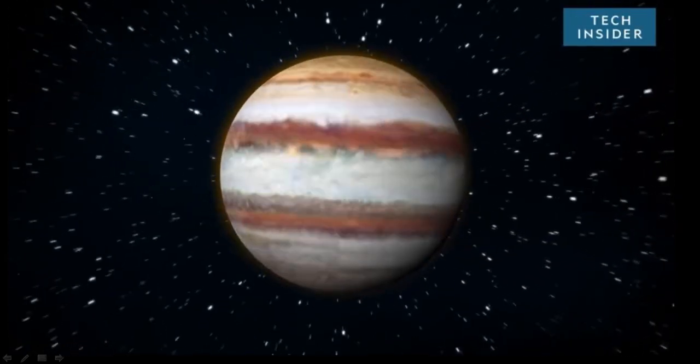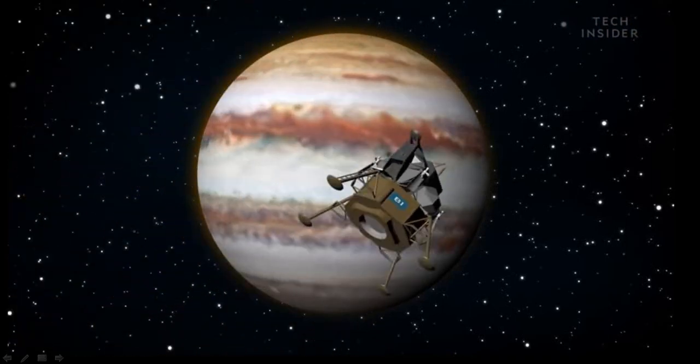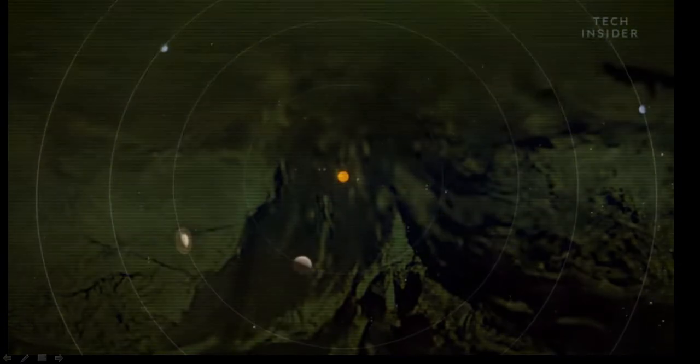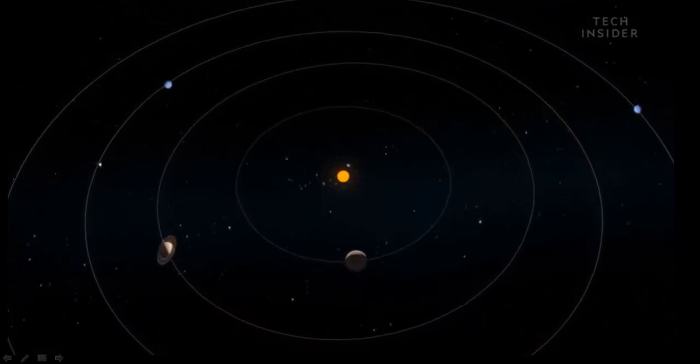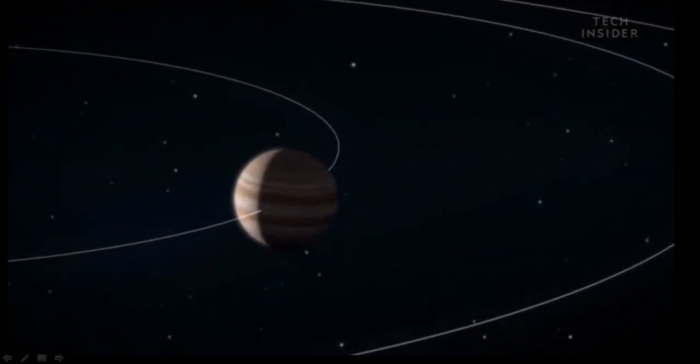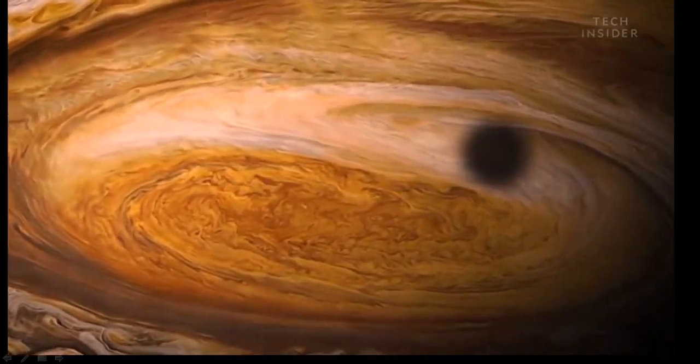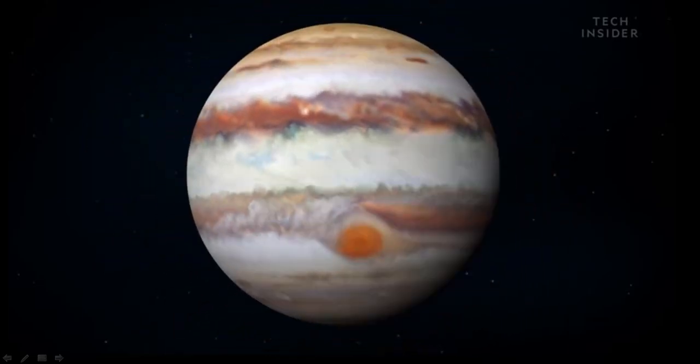The best way to explore a new world is to land on it. That's why humans have sent spacecraft to the moon, Venus, Mars, Saturn's moon Titan, and more. But there are a few places in the solar system we will never understand as well as we'd like. One of them is Jupiter. Jupiter is made of mostly hydrogen and helium gas, so trying to land on it would be like trying to land on a cloud here on Earth. There's no outer crust to break your fall on Jupiter, just an endless stretch of atmosphere. The big question then is, could you fall through one end of Jupiter and out the other? It turns out, you wouldn't even make it halfway.